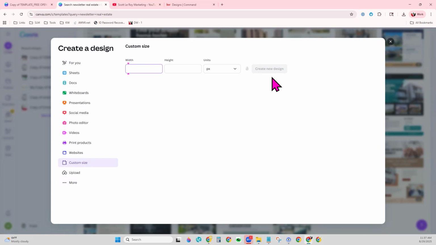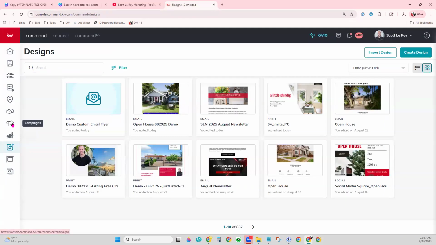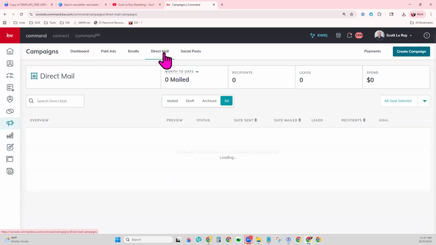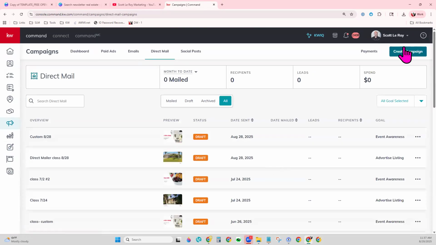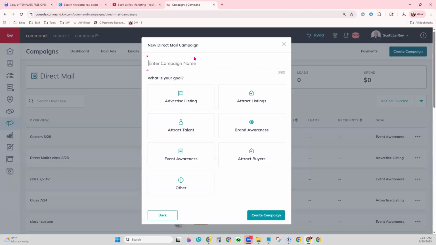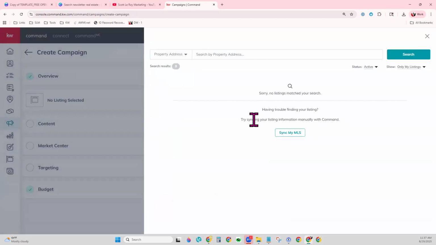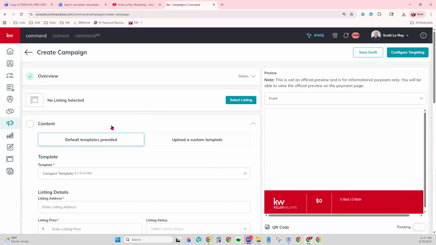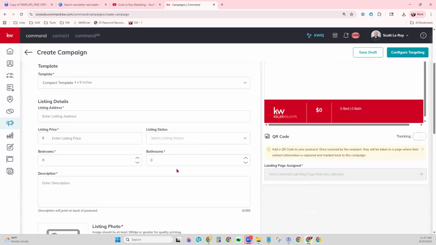If you go in there to the campaign, I'll just show you that really quick. So if we go to campaigns, direct mail, create campaign, direct mail again. There we go. So right over here, on the left-hand side, you can actually go ahead and see for the